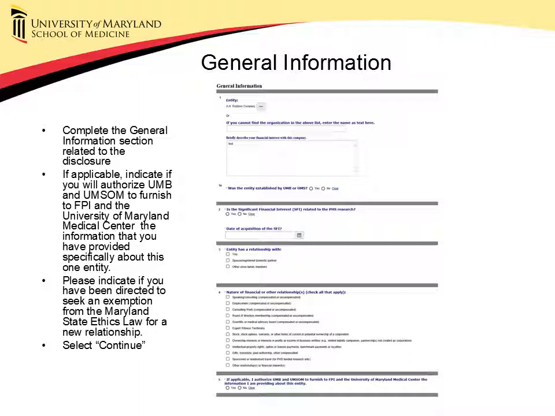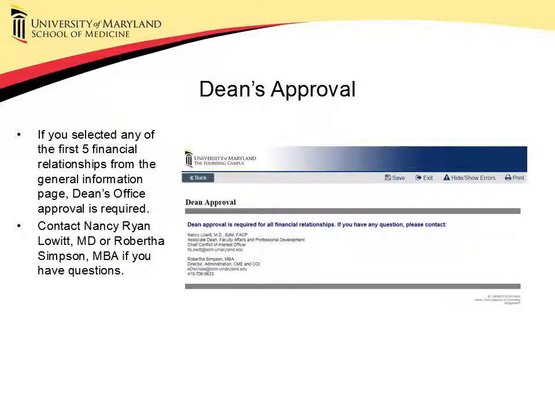If applicable, indicate if you will authorize UMB and the University of Maryland School of Medicine to furnish to both FPI and the University of Maryland Medical Center the information that you have provided. Please also indicate if you have been directed to seek an exemption from the Maryland State Ethics Law for a new relationship. If you selected any of the first financial relationships from the General Information page, the Dean's Office approval